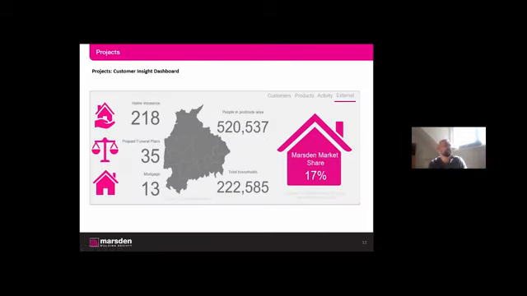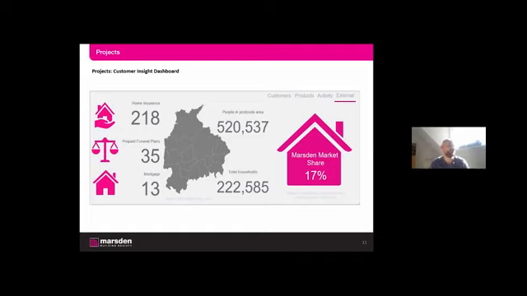So this shows that we're using some ONS data that we've brought in, and based on that ONS data we're looking at how many people are in the postcode area for a specific branch, how many households are within that area, what market share Marsden has of those households, how many of those are Marsden customers, and then some of our third party sales: home insurance, funeral plans, mortgage. It just gives an idea of the scope of